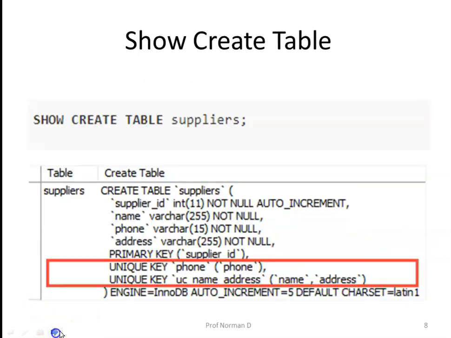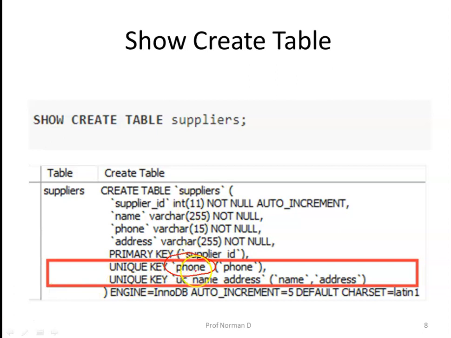We'll see an example on this. Now if we want to remove the constraint that is applied with respect to the attribute phone, but we did not give any constraint name with respect to phone, but we gave a constraint name with respect to name and address. With the unique key constraint, we gave the constraint name as UC_name_address for these two attributes, that is name and address. But with respect to the phone attribute, we do not specify any constraint name, but by default MySQL has given it a constraint name called phone.